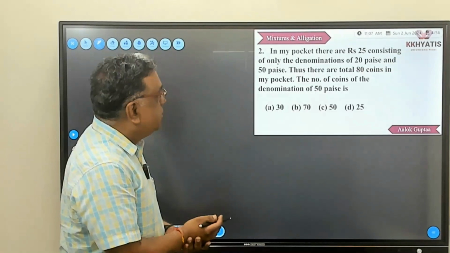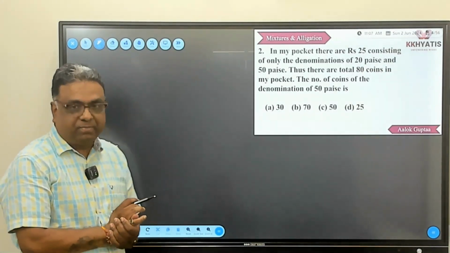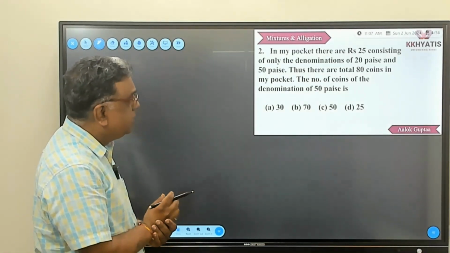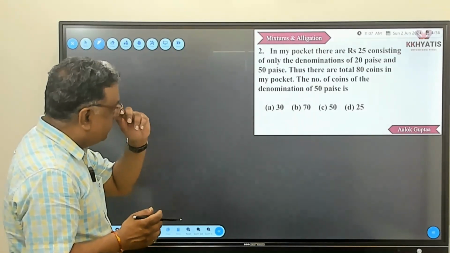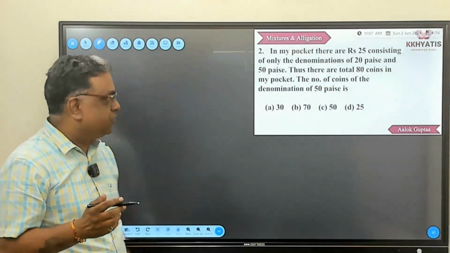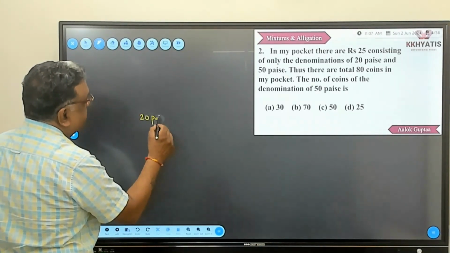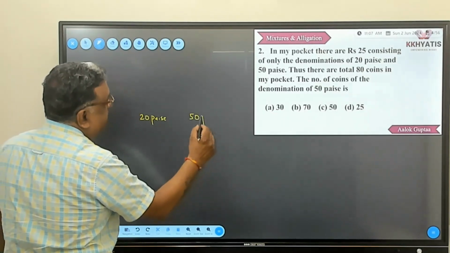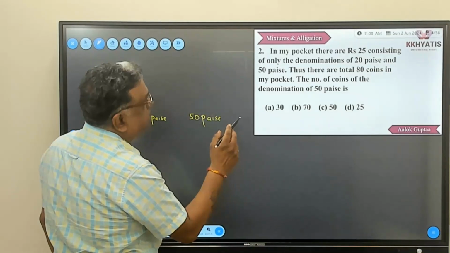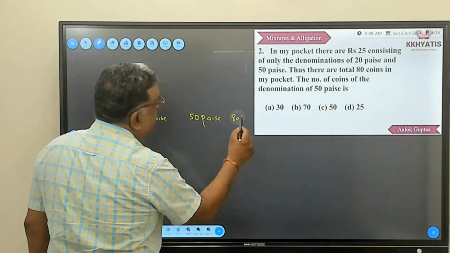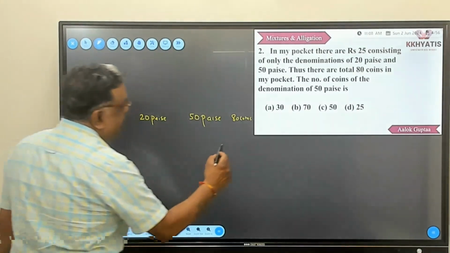In my pocket there are rupees 25 consisting of only the denominations of 20 paise and 50 paise. Thus there are total 80 coins in my pocket. The number of coins of the denomination of 50 paise is how much? So what they are saying is I have 20 paise coins and I have 50 paise coins, right? And the total, there are 80 coins, right? And in total I have 25 rupees,